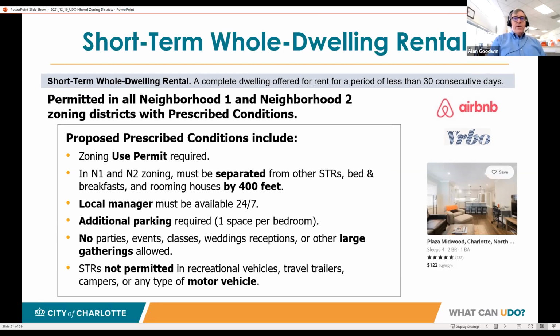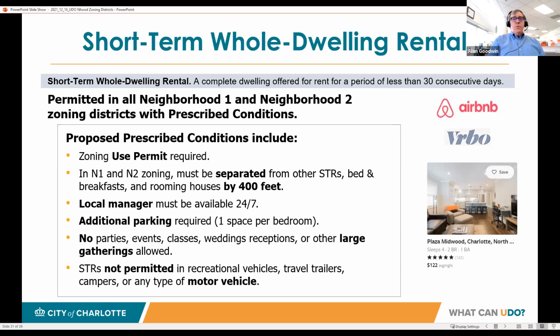There would be a separation requirement from other short-term rentals, as well as from other bed and breakfasts and rooming houses. Right now it's proposed to be 400 feet. There would need to be a local manager that's available 24/7, so that if something goes wrong, or we need to know what's going on with the short-term rental, there's a local person we can call and get on the scene if necessary.